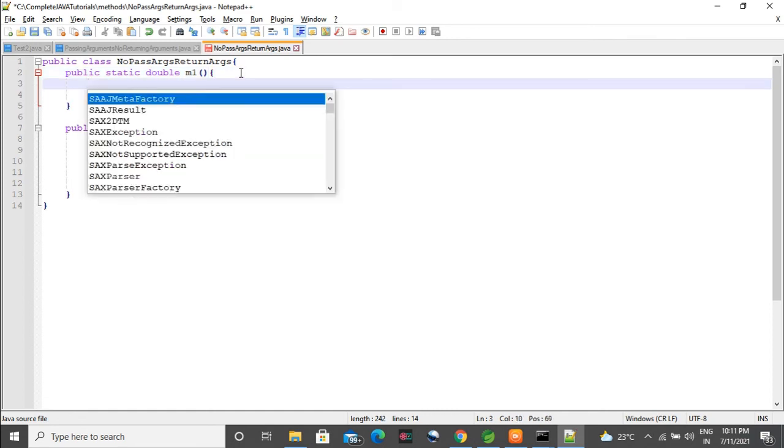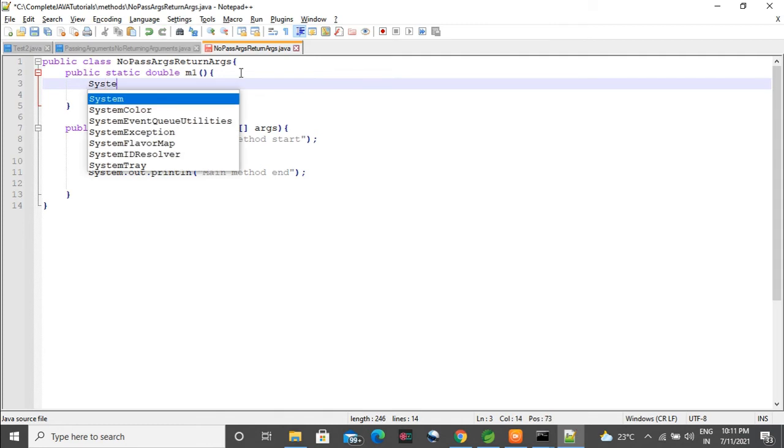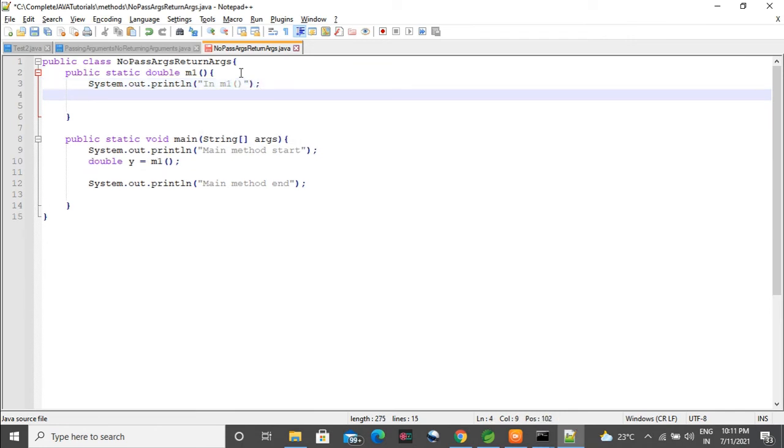First, one declarative statement like we did. So System.out.println, and in the M1 method we will do that within the parentheses. Some typos may be there, but you can check after typing your code completely, then compile. Otherwise you can directly compile and then check. So we are returning 10.11. It is of type double.